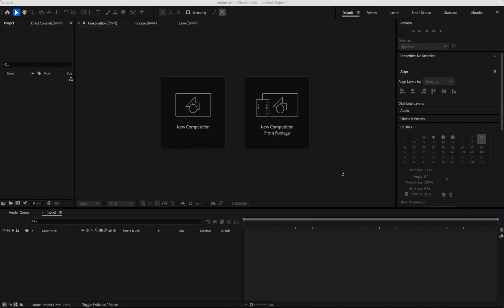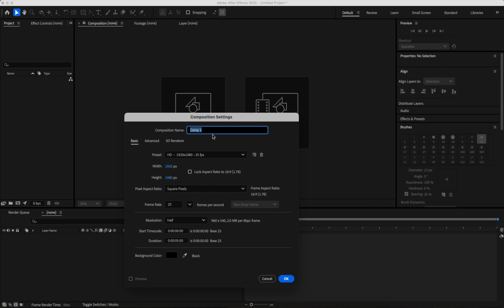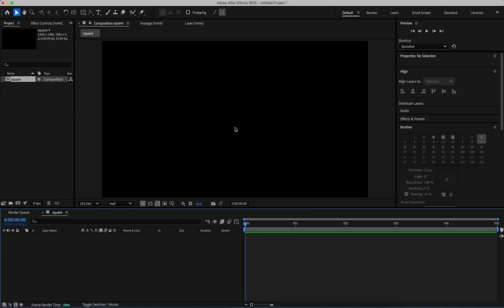Today we are going to learn something more about the composition in After Effects. First of all, I create a new composition and call it square, using the same size, 25 frames per second for 5 seconds. I leave this as it is. I don't need to create a solid this time because I would like to show you